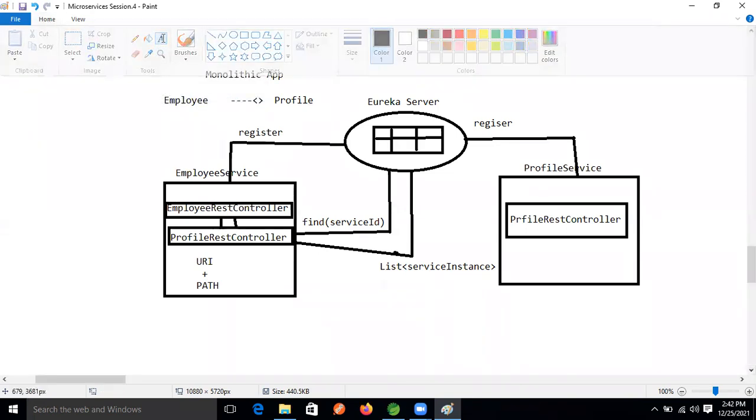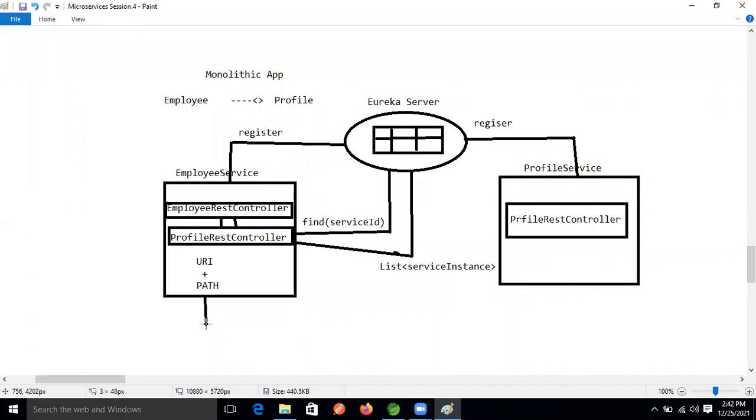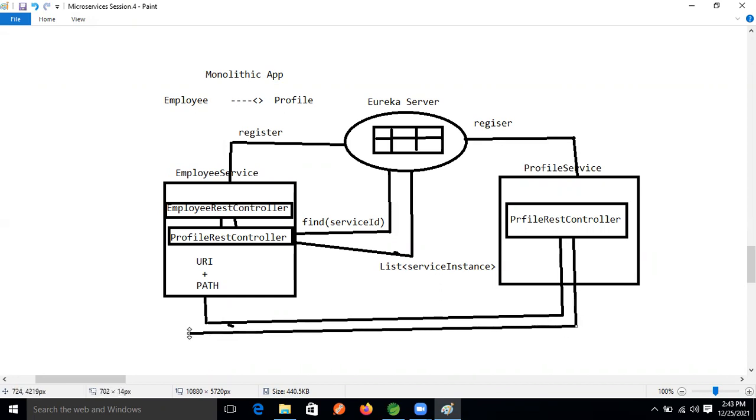Using the REST template, we will make the request to this microservice. Then this microservice will return the response, and we will get it. So this is the execution flow, guys.